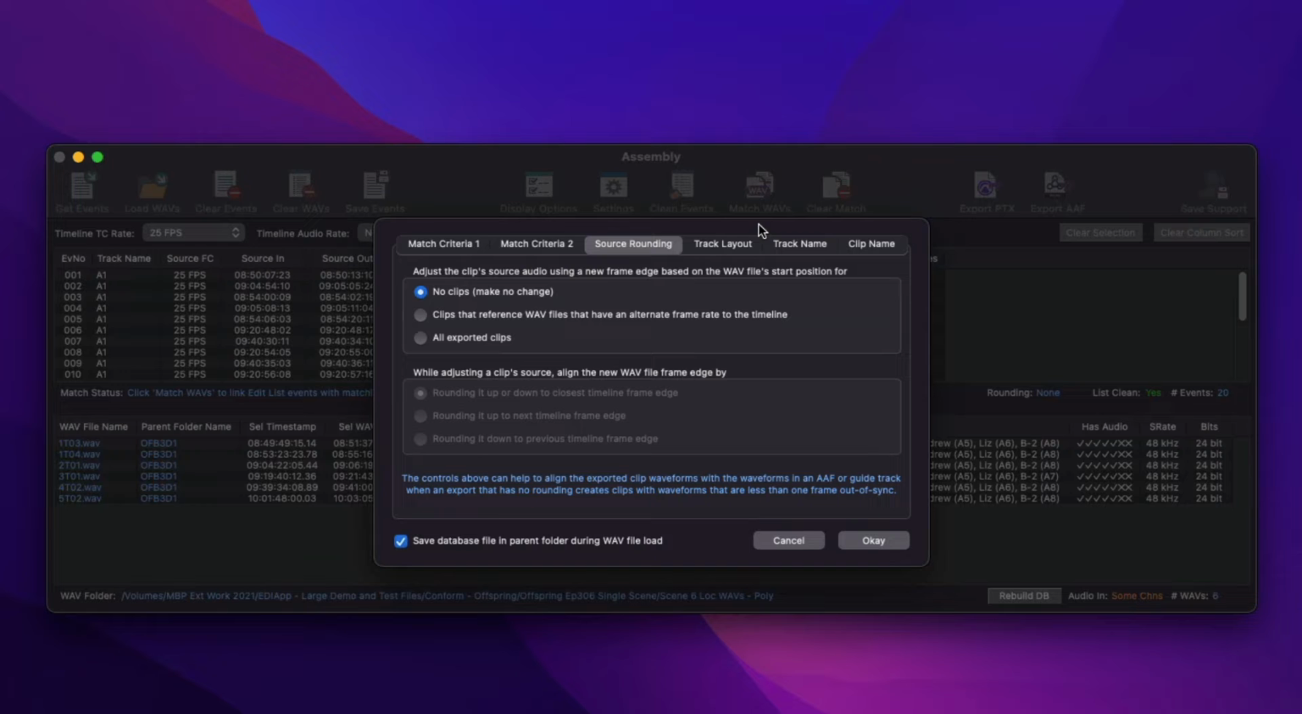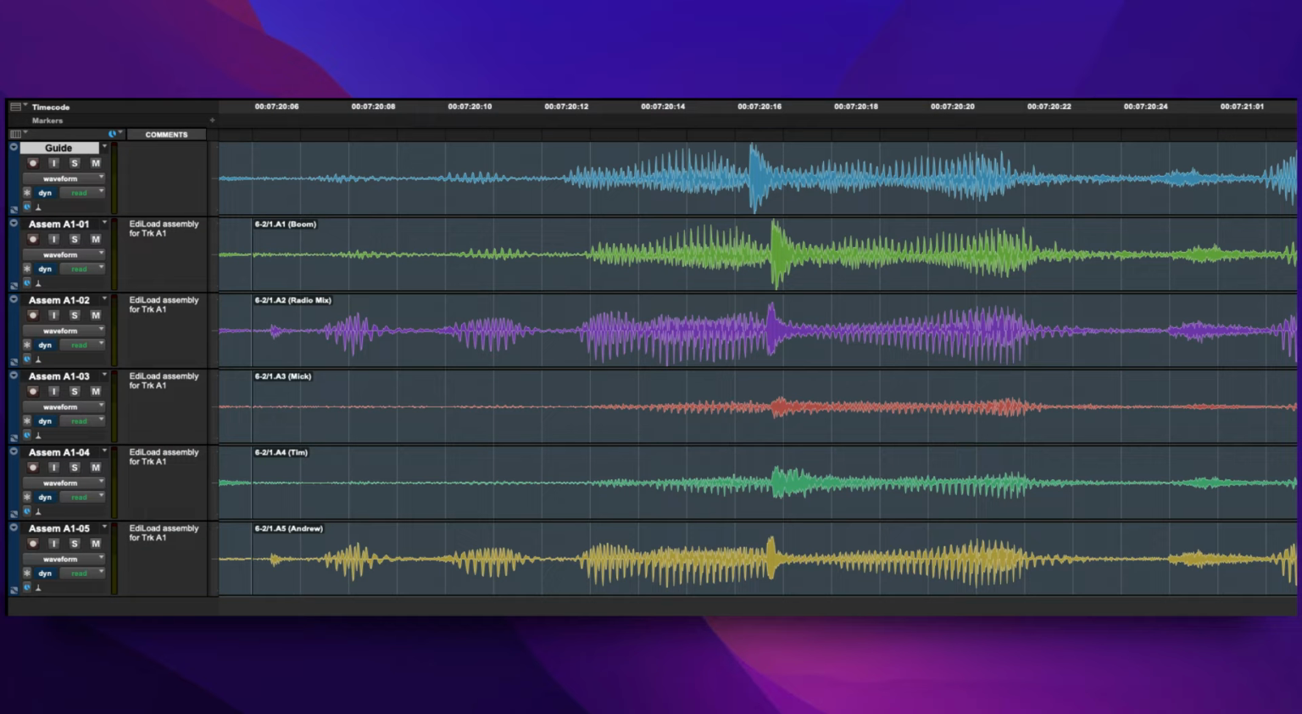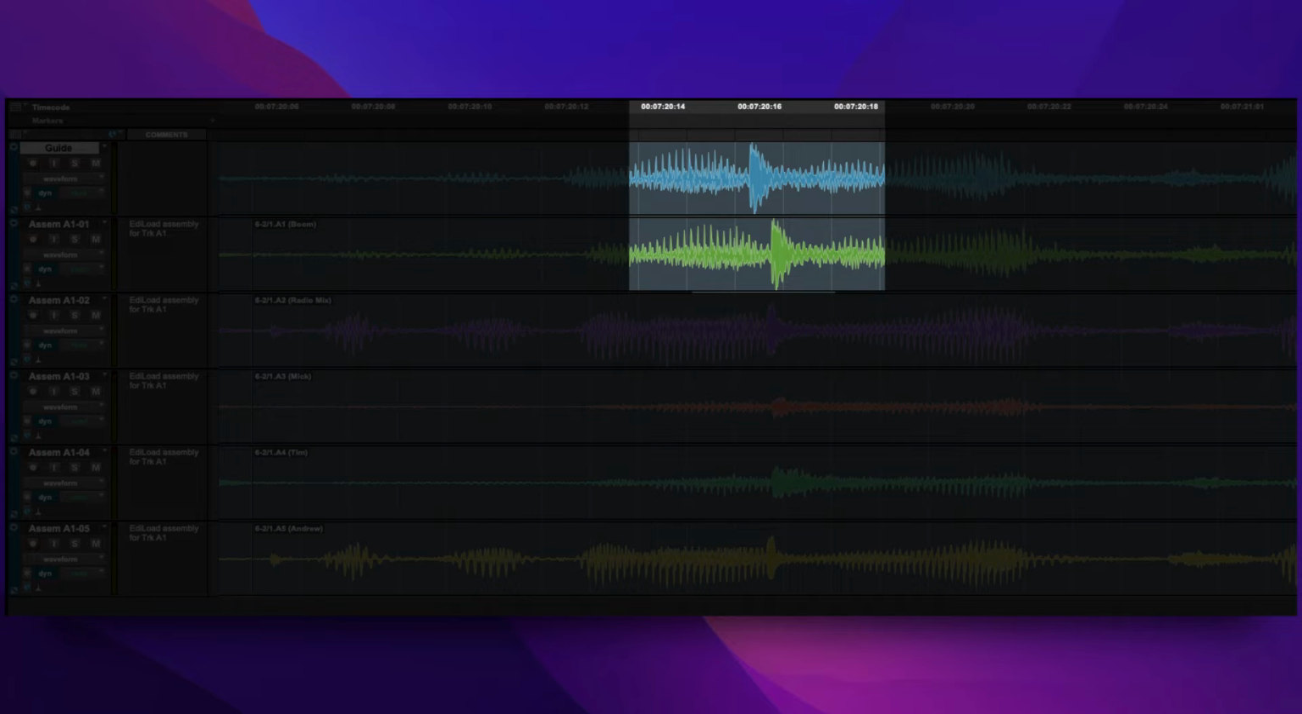The controls on the Source Rounding tab can be used to compensate for subframe sync errors caused by picture edit systems when they move the start time of WAV files that don't start on a frame edge to a frame edge. If you find that the mixed channels of an assembly are up to one frame out of sync with the guide track,